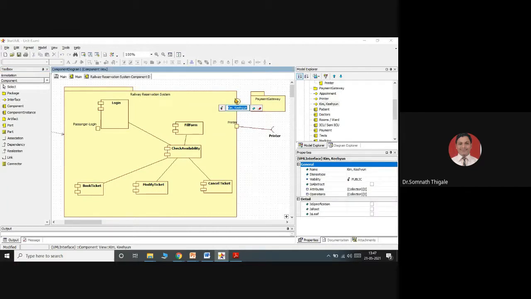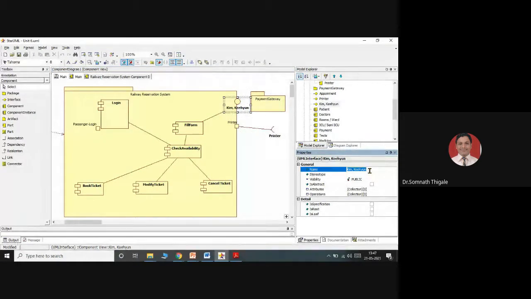This is a provided interface. So in the provided interface, I have a fill form. Submit the fill form. So confirm. So book ticket.